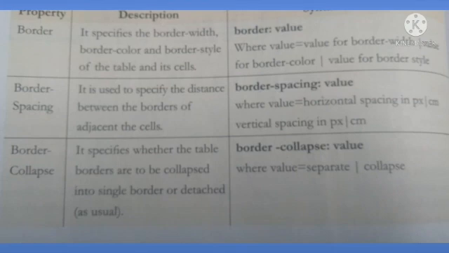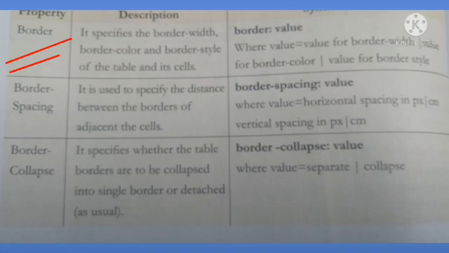Next one is table properties. To make a proper table, that is, one that looks like a real table, besides rows and columns, some other properties of the table are necessary. Now we discuss those properties here. First one is border properties. The first one is the border property, that is border, which specifies the thickness of the border of a table,